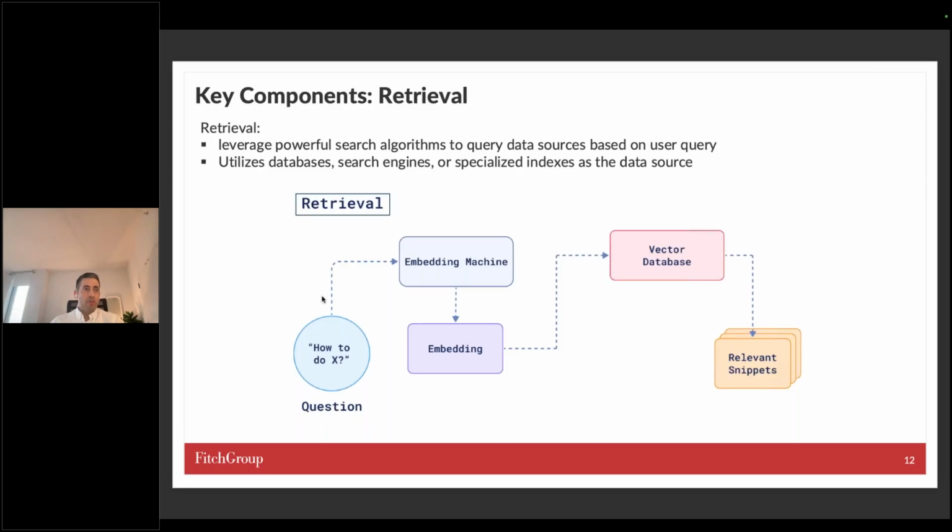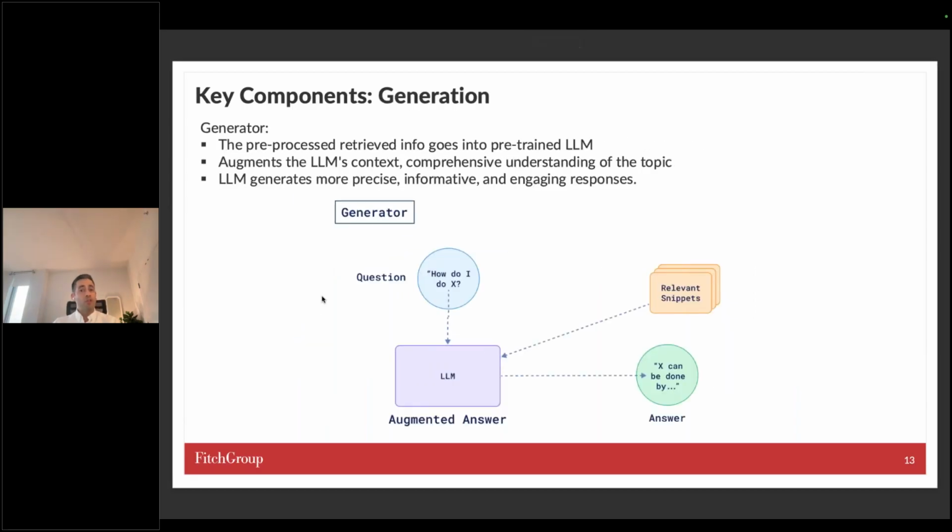There's two key components here. There's the retriever, and then there's content generation. In the retriever, somebody will ask a question, that question gets embedded, and you compare the embedding to the embeddings that you have stored in your vector database. You retrieve all of your relevant snippets or chunks, and then you use those chunks in combination with the original question to ideally serve an accurate answer